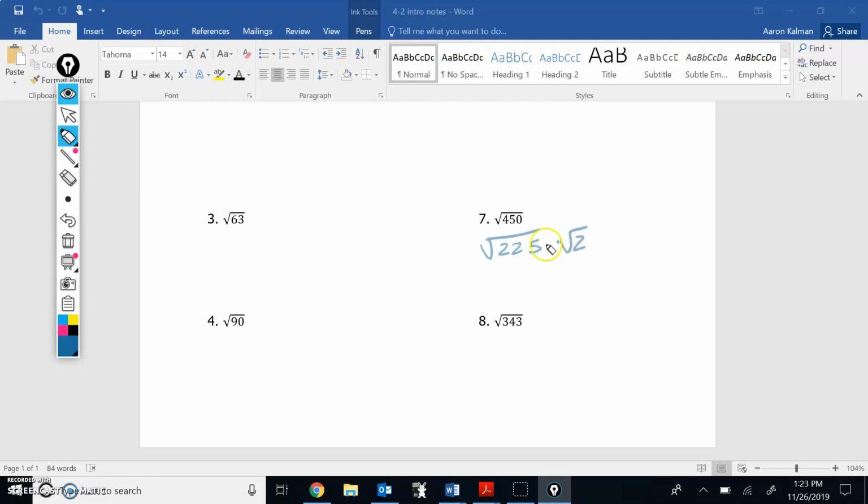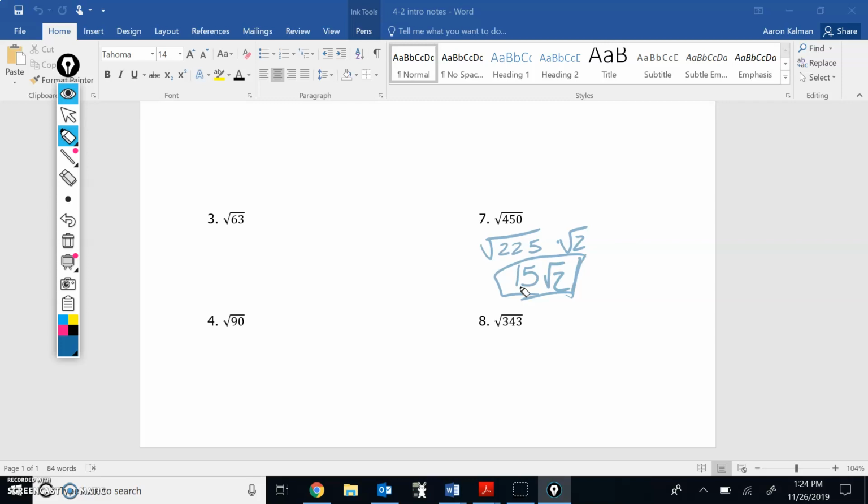times 2 gives you the 450. And the square root of 225 is 15. Because 15 times 15 gave you the 225. So sometimes your perfect squares could be pretty large. Make sure you always check